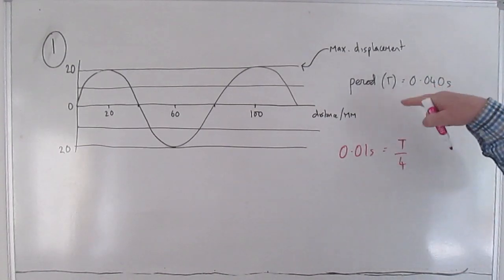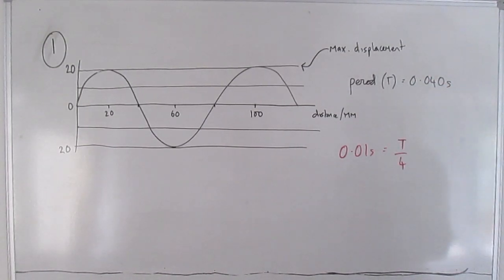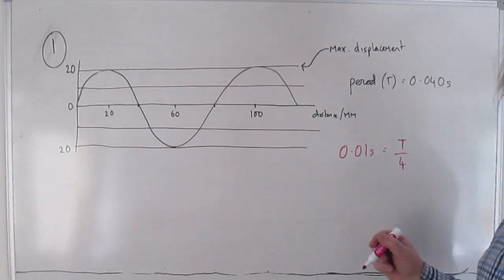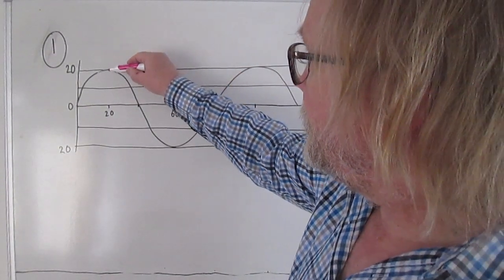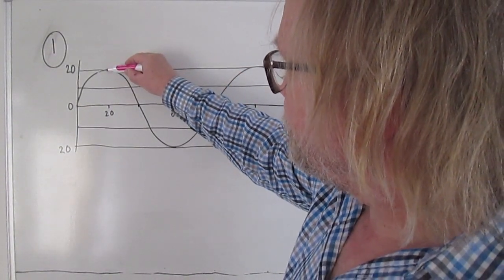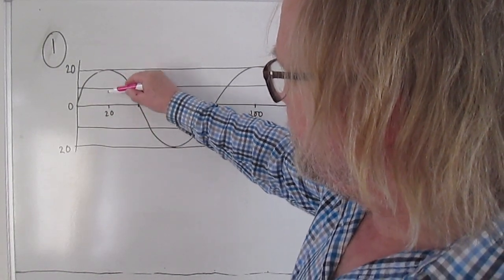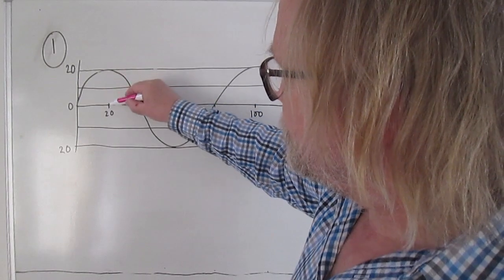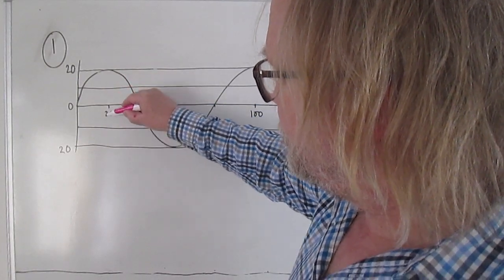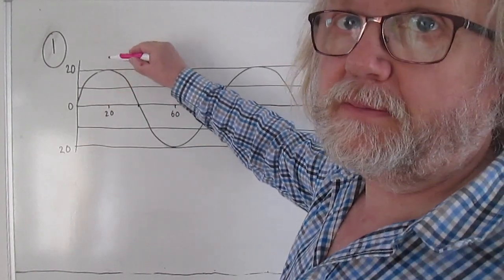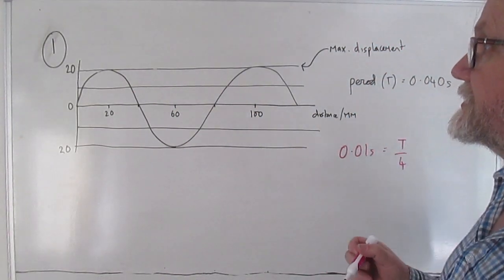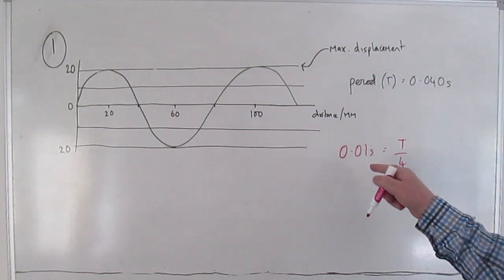In other words, it's gone through a quarter of the time period. Now if you remember what happens as a stationary wave oscillates, if this is the maximum displacement, it will go down to there, and then down to there, and then back up to there, and then back up to there. So that's a quarter of a time period, that's a half, that's 3/4, and that's a full time period to take it back to where it started. So after a quarter of a time period, which is